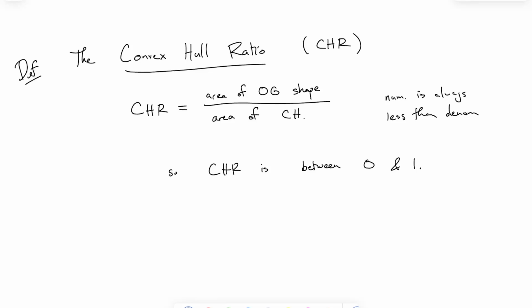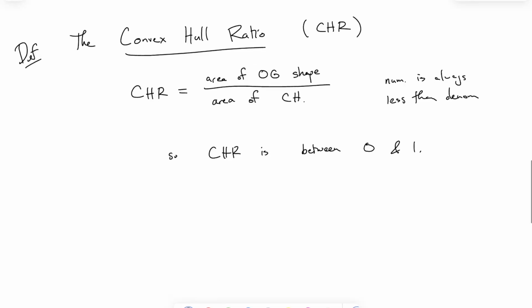So if you were to actually write out this fraction, it means that the convex hull ratio is between 0 and 1. That's because it's a fraction where the number on the bottom is bigger than the number on top. It means this is some fraction like 3/4 or 5/8 or whatever. All right, and that means as a number, this number is between 0 and 1. Like if you actually do the division on your calculator, you get a decimal, and it will be between 0 and 1. Sometimes this is written as a percentage, but anyway,